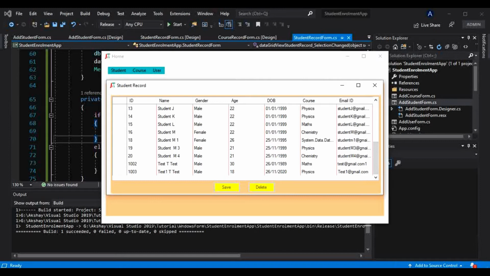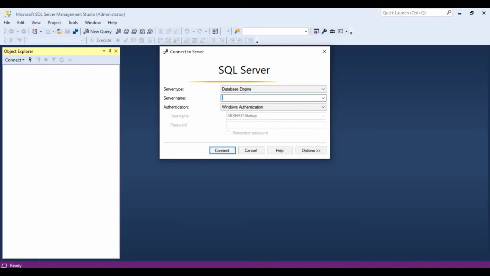And let me show you that from this database as well. So let me go to this database. So let me connect here, and from this also I want to tell you one thing. For now we have used this dot here, and what is the meaning of that dot? That dot is nothing but a local machine. On our local machine, it will find if there is that SQL database or not, and if it is so, it will connect to that.